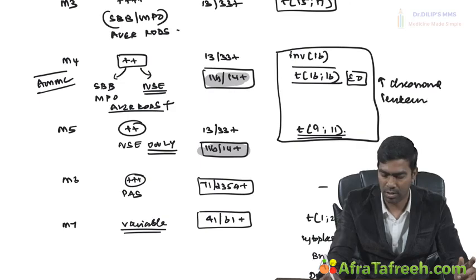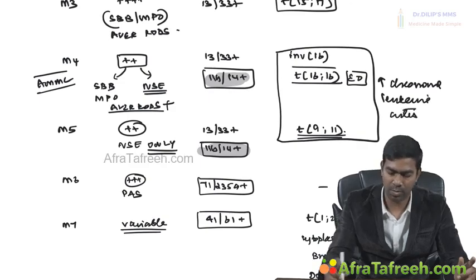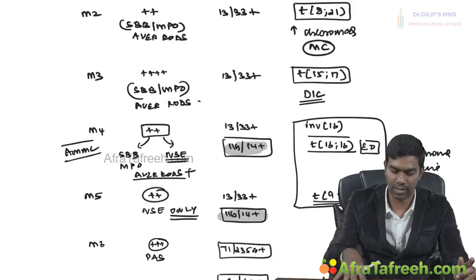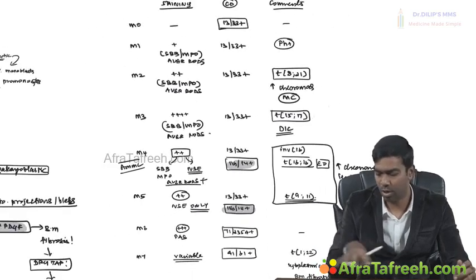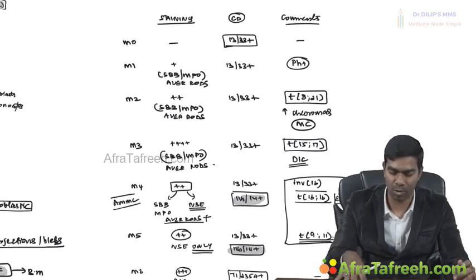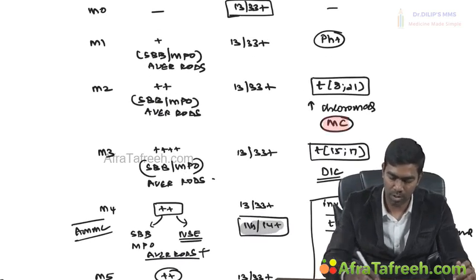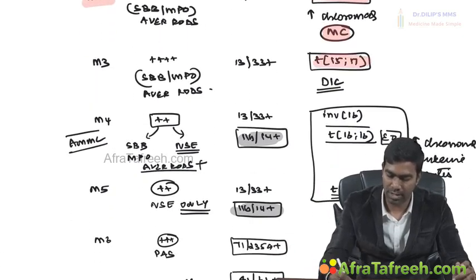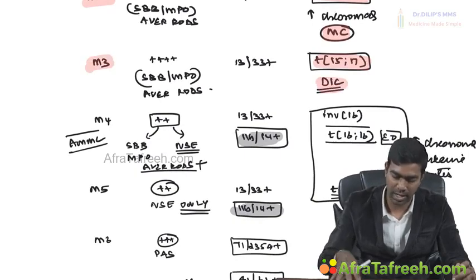And your M3 is going to be associated with the extremely high risk of disseminated intravascular coagulation. So this is, in a nutshell, very, very important. What are the standard questions in exam you're going to get? So the most common: M2, T8;21, M2, and you're going to get this T15;17, M3, DIC, M3,